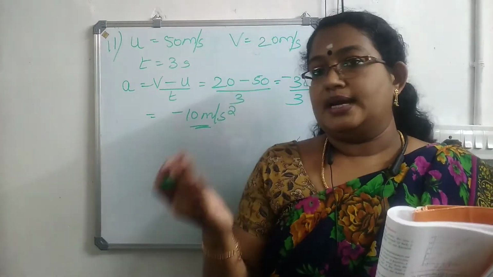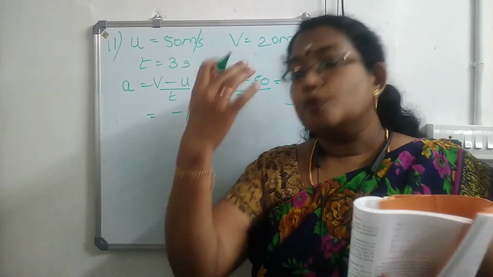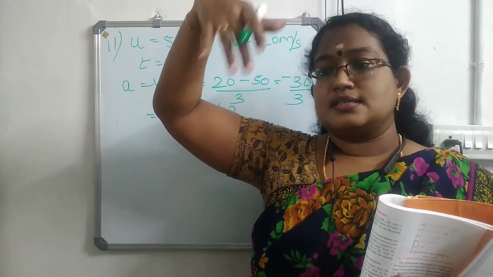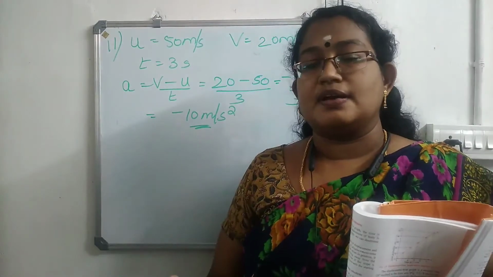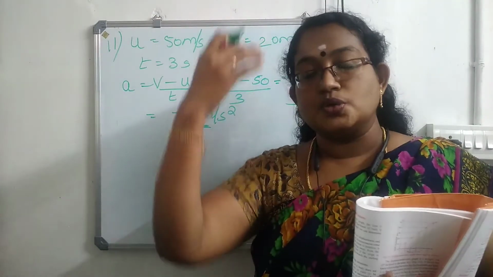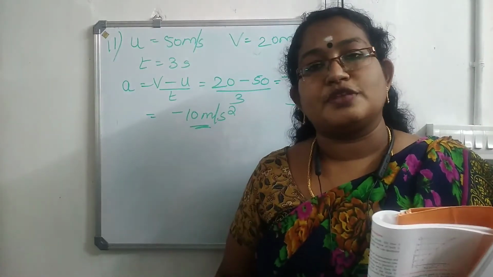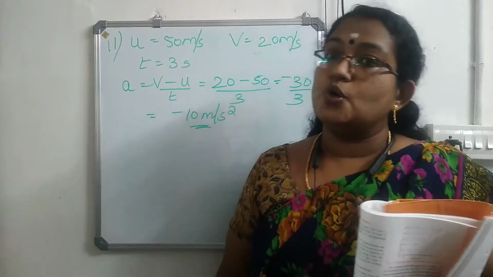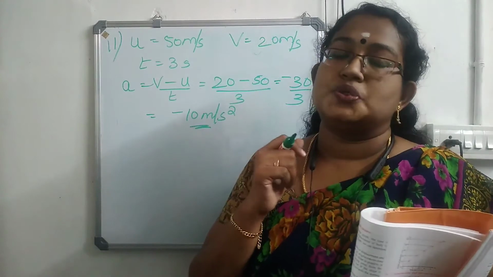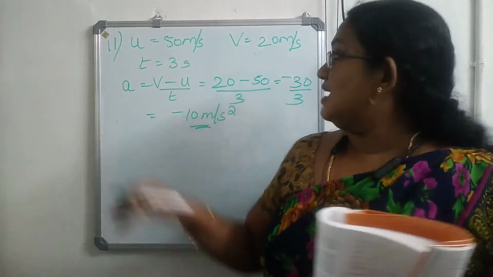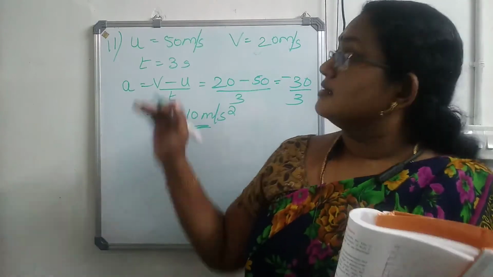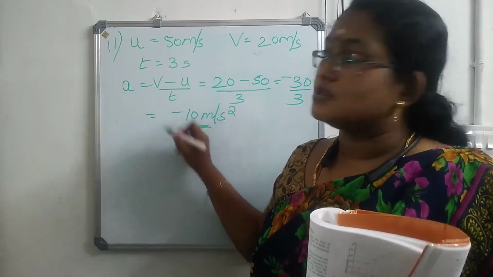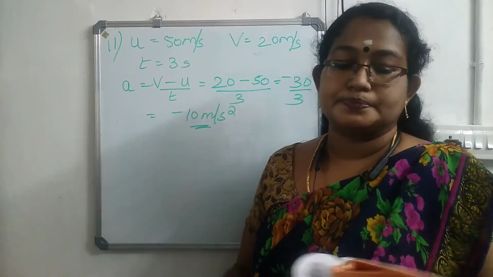When you are throwing a body upwards, it will be pulled down by Earth's gravitational force, isn't it? So, normally when you are considering a body coming downwards, there we will consider it as acceleration, because due to Earth's pull, speed or velocity of the body increases. Since velocity increases, that is positive acceleration. But when you are throwing a body upwards, what happens to the speed or velocity? It decreases. That is why here we are throwing a body upwards. Since the speed or velocity decreases, we are getting the minus value. Okay. So this minus says that it is retardation.